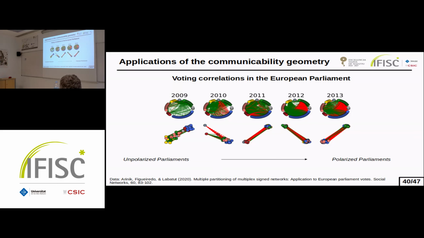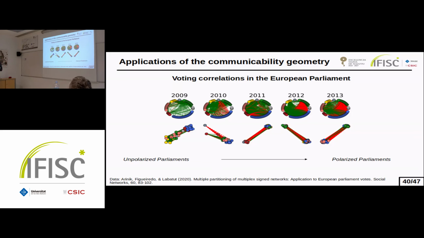a line, so the embedding seems to be one-dimensional, and the nodes spontaneously polarize when we go towards 2013, which, by the way, was the year in which the agrarian policy of the European Union was updated. So that is likely the cause of the polarized topics. And what we find is that in one faction, we find both the European People's Party and the Social Democrats, whereas in the other faction, we find all the new groups, the Greens, the Liberals, the far right.